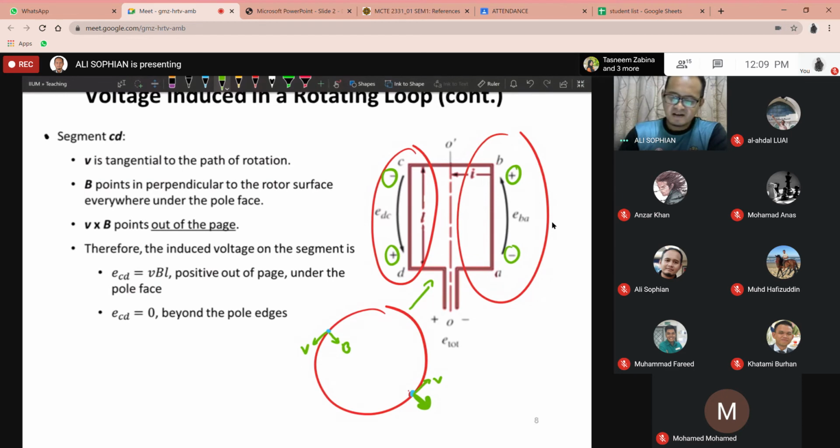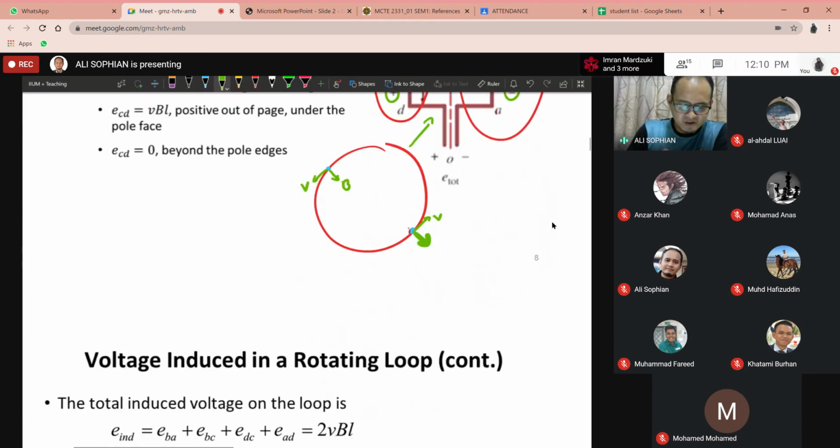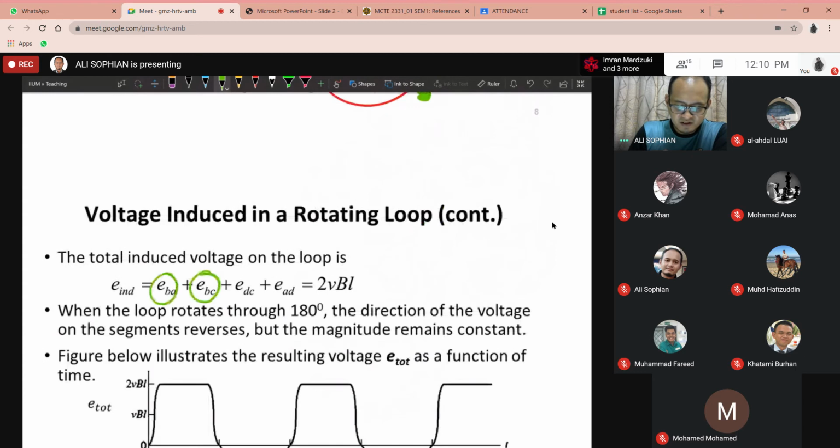Okay. So now we've got all the values for the induced voltage for all the segments. Now we are ready to calculate the total induced voltage around the loop, which is the sum of all these voltages. So what is the total? The total will be the sum of each of the induced voltages,